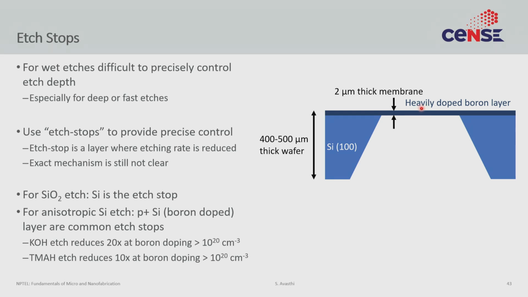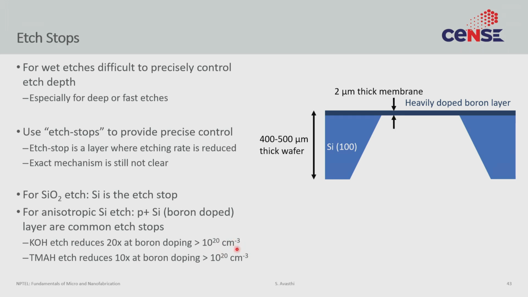The other student was a little smarter. What they did was first create this 2 micron thick doped layer and then start the etching. Now, even if the etch varies by 10%, it doesn't matter, because once the etch reaches this highly doped boron layer, the etching stops. So even if the time is plus or minus 1 hour, plus or minus 10%, it doesn't really change things too much. You still roughly get the 2 micron thick membrane that you originally wanted to make. So very useful, very useful. But for this, you really need highly doped films.